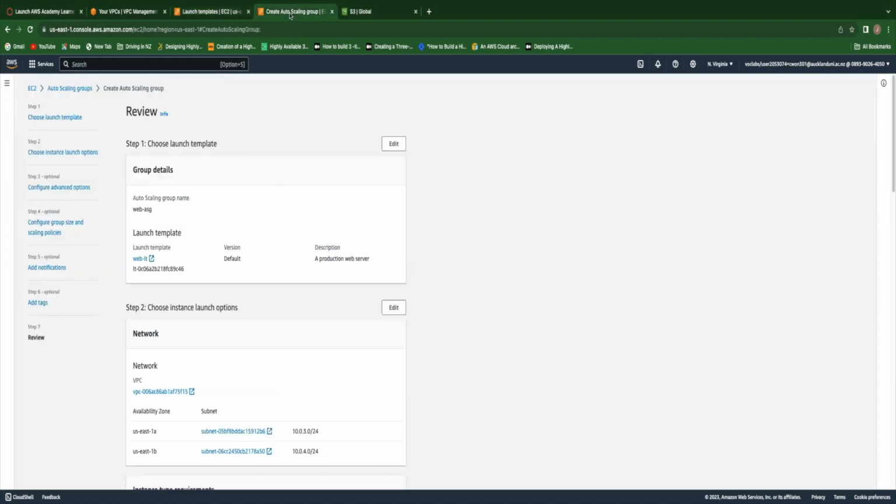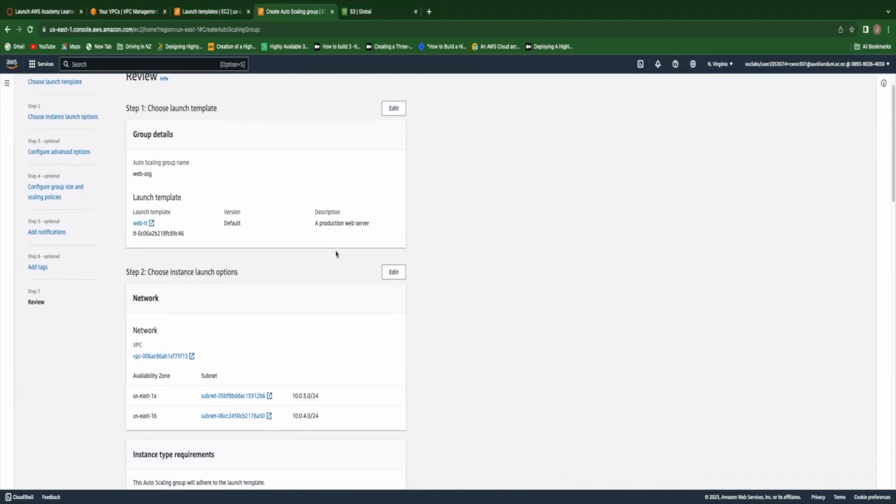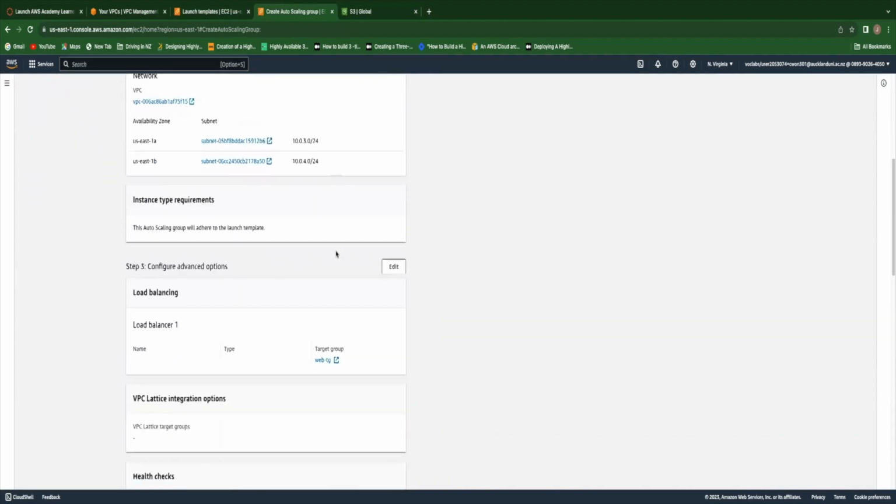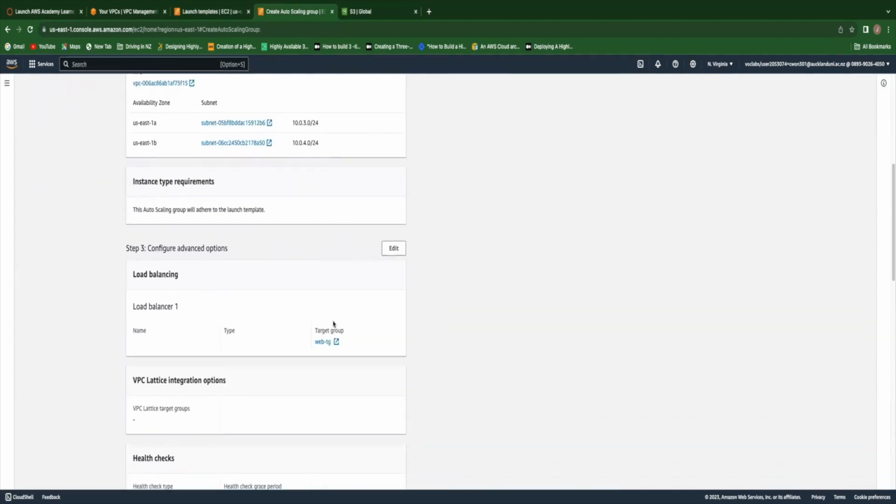And then you connect the auto-scaling group to the web tier launch template. Assign the network mapping to the VPC and the web tier subnets, and then associate it to the web tier load balancer. This will enable the load balancer to distribute the traffic to the instances managed by the auto-scaling group across multi-AZ